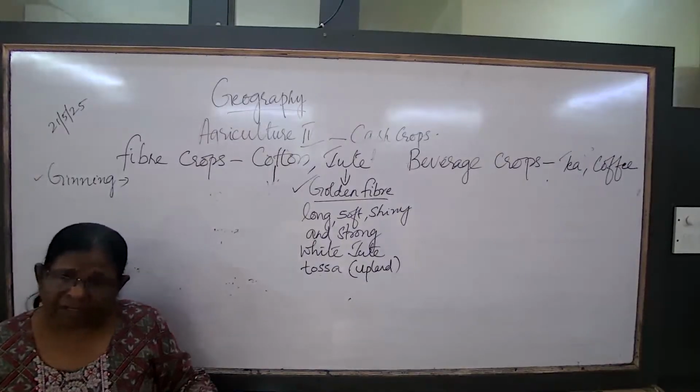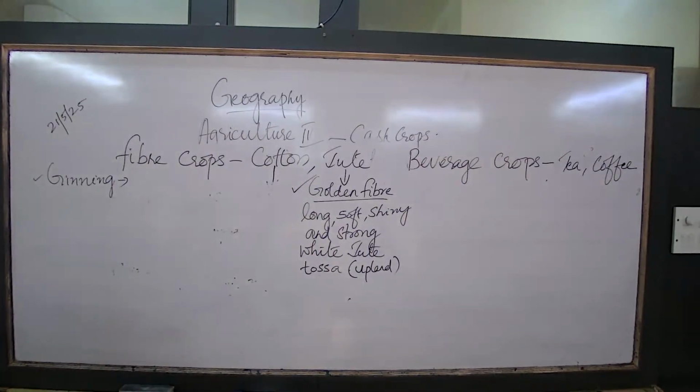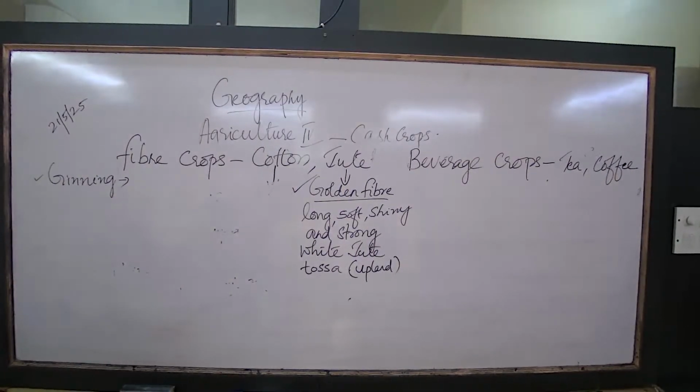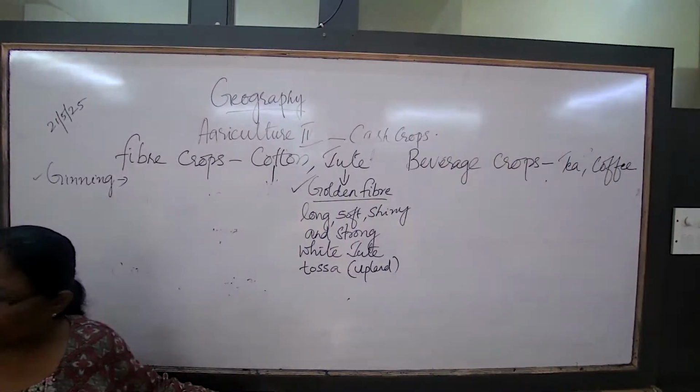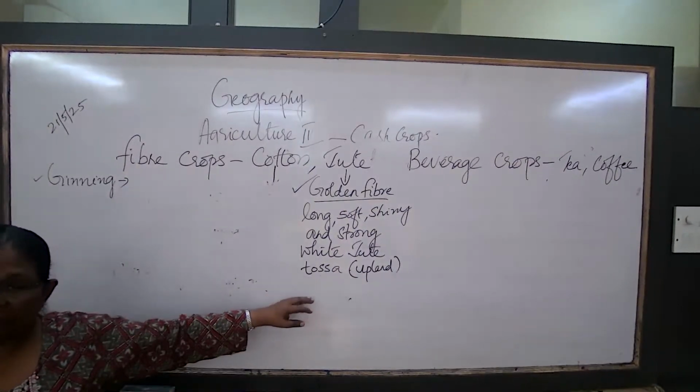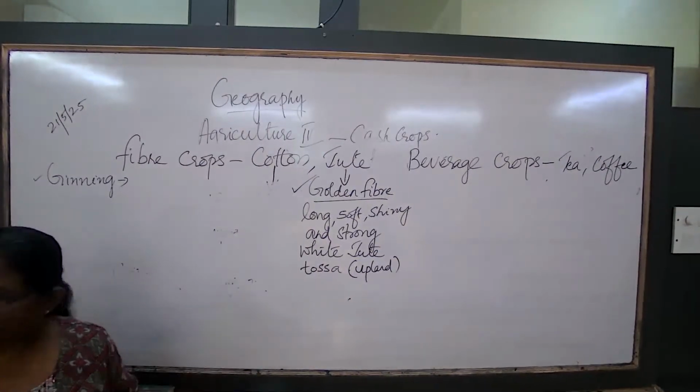So what I wanted to tell is that this type of packaging material is not so comfortable for the people. So what happened? The government's 2005 National Jute Policy decided to diversify the jute materials. So that various other ways also jute is now in use. Carpets are there, designed bags are there, and so many packaging materials are there. In all these ways, the government encourages the use of jute.